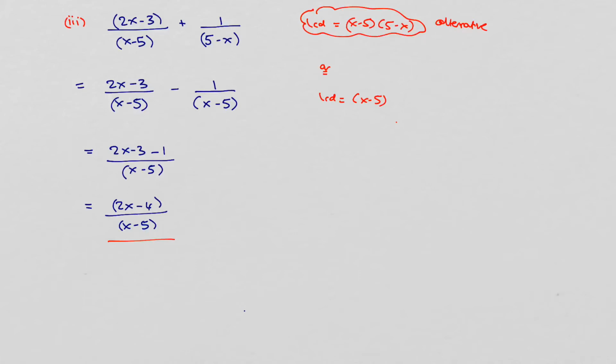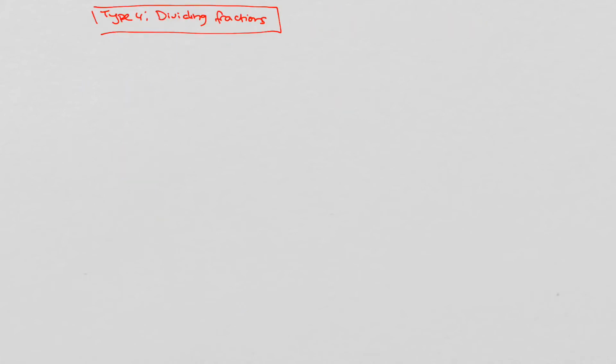Okay, so let's look at the next type then. So that was type 3, so we're going to do type 4 next. Type 4 is where we're going to be dividing fractions. And just as a little recap of some very basic fractions, if we have, say, 1 over 3 divided by 1 over 9,